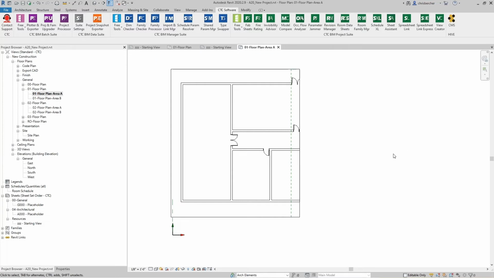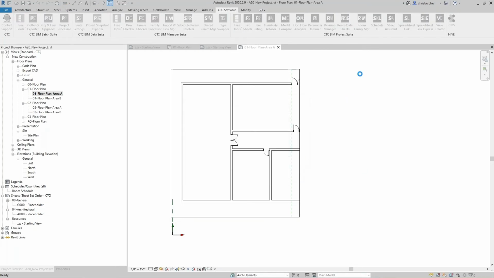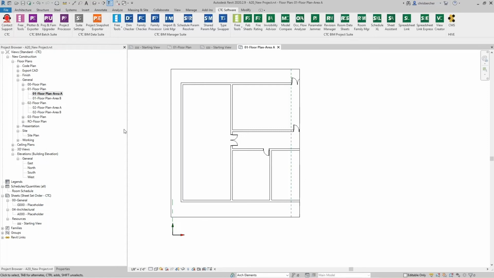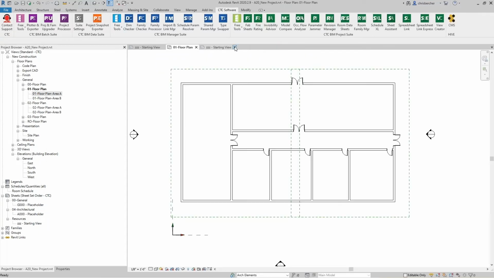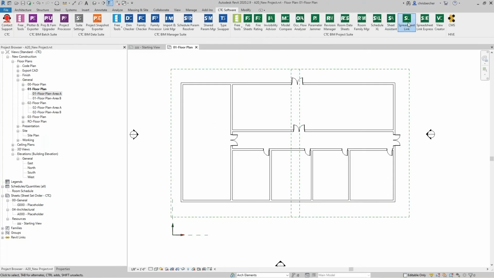So now that I've got a project started, I've got some views in place, I've got a little bit drawn, I'm now ready to start thinking about the sheets that I want to insert and create. So before I do that, I got to quick save this. Otherwise, Spreadsheet Link will get upset. So I'm going to transition into Spreadsheet Link now. We're going to clean up a couple of views here, so I don't need these. And in Spreadsheet Link,